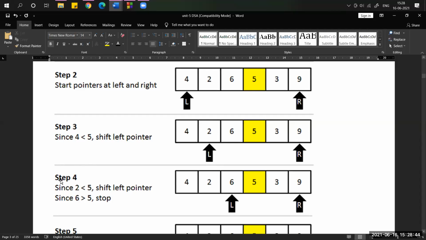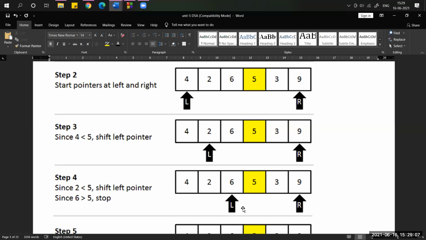So look at step 4. Here I stop. Why did I stop here? Because 6 is not less than the pivot element. So I stopped moving the left pointer.